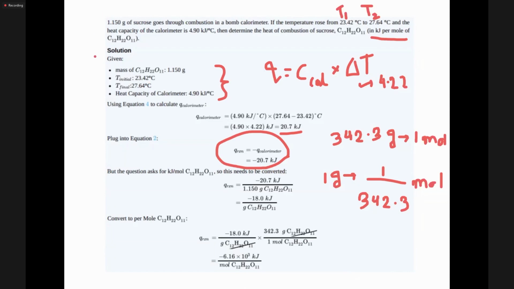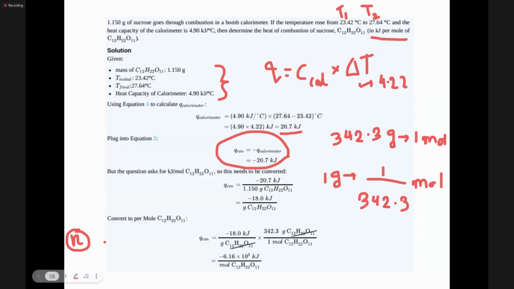Here we calculated the number of moles of the sucrose in the last step: 1.15 gram of sucrose divided by the molecular weight, that is 342.3. So first you will determine n, the number of moles of the substance. In the next example also, we had to calculate the number of moles of graphite, that is 1 by 12. Here the number of moles is 1.15 divided by the molecular weight of the sucrose,